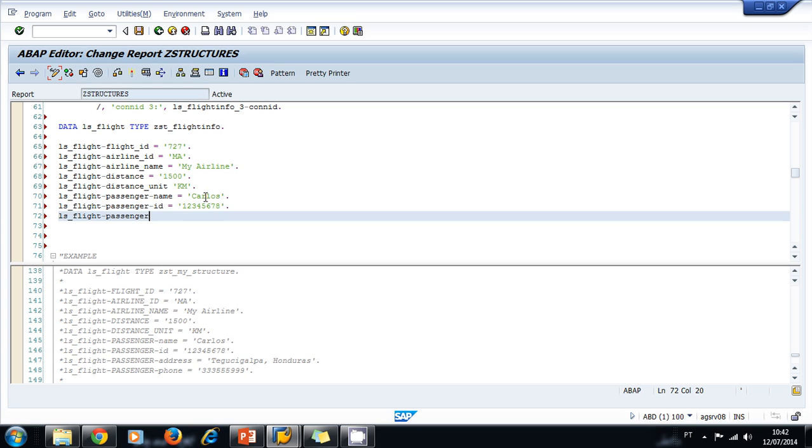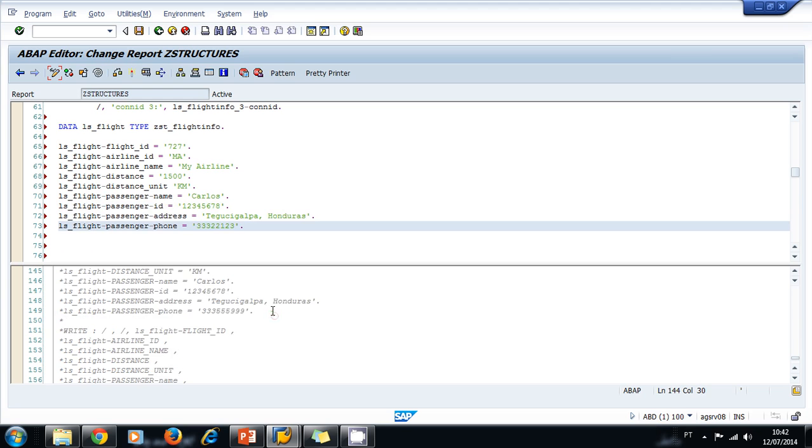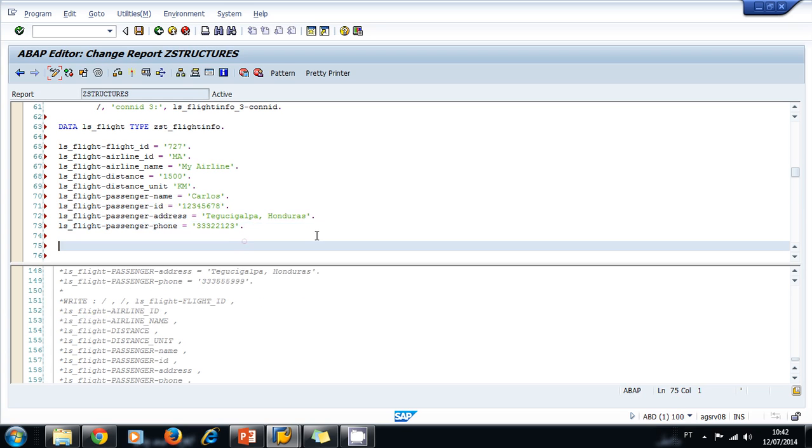Then we can access also the address, Tegucigalpa, Honduras, that's where I'm from, and the phone. I'm just going to make up any phone,